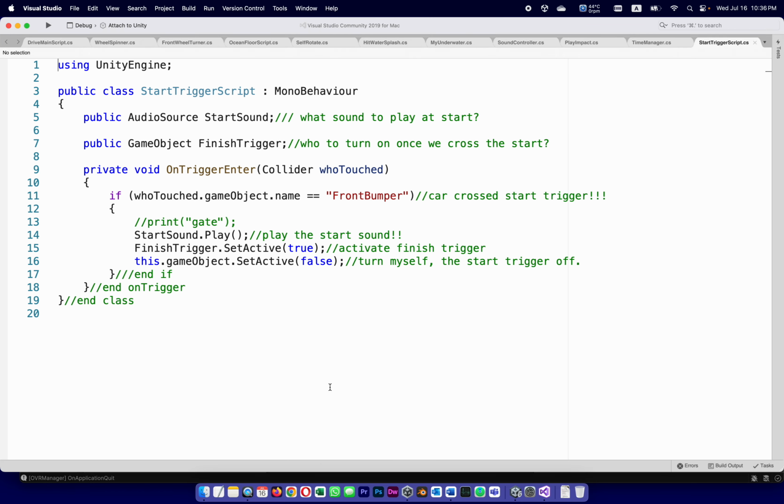And even while it opens, let's think of its job. Its job is to sense that something is touched or triggered. The trigger, the front, the start trigger. That something is the front bumper and not something else. In other words, the touching part of the car. To tell the game that we started. To make the start sound, oh yeah, the start sound needs to play,